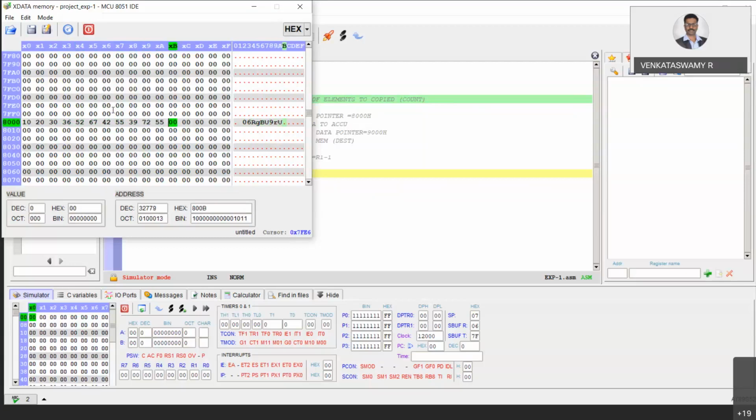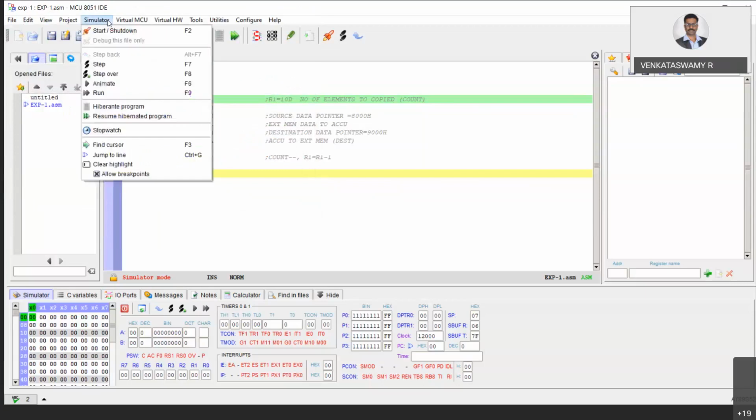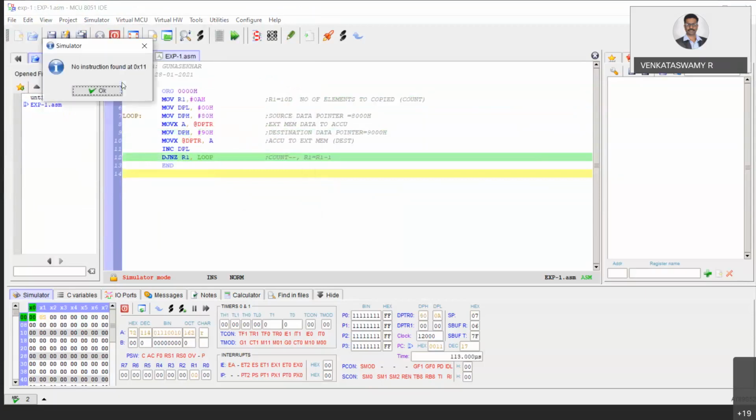Okay. Now come to your program and animate. Minimize this and go to your simulator and animate. Yes. Now it will run, and after the end of the program, go to that hardware. I think it got minimized or closed. So go to that virtual X data again. It may be there, the minimized screen.